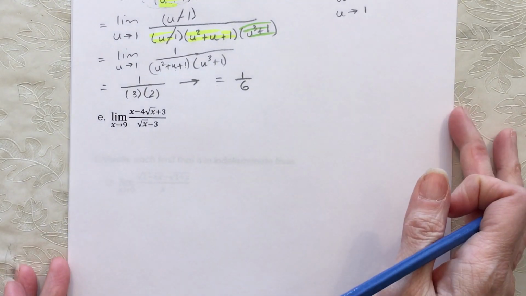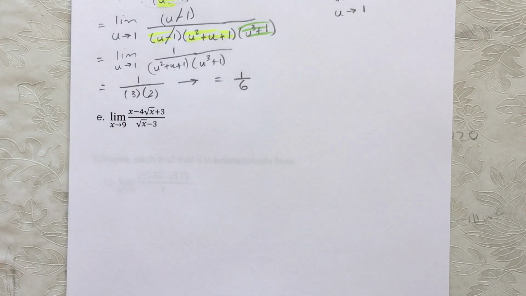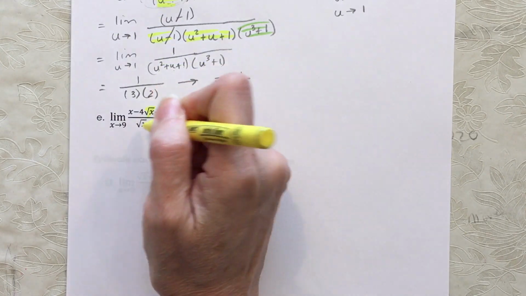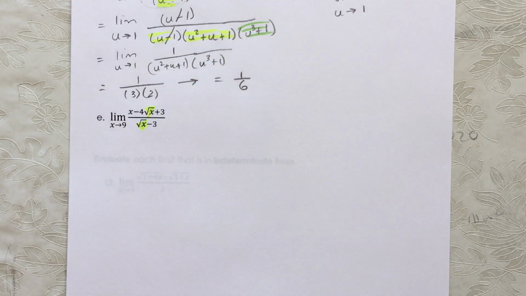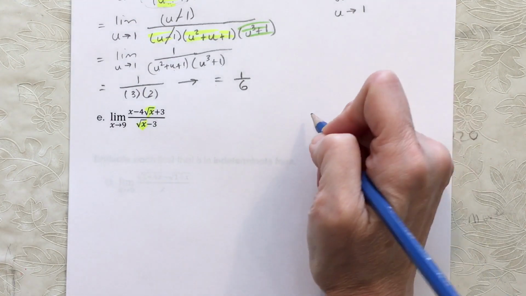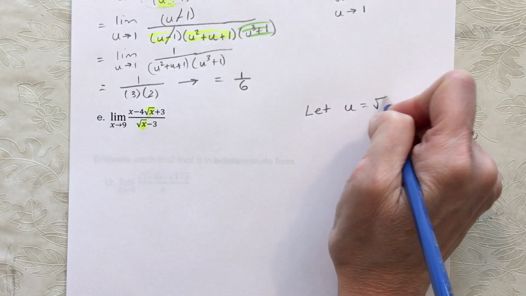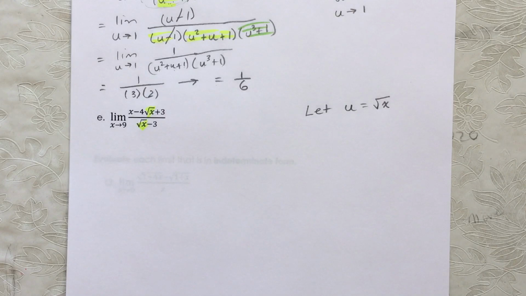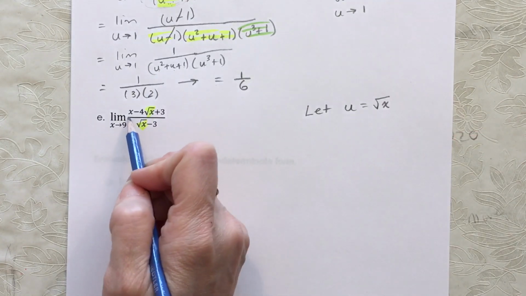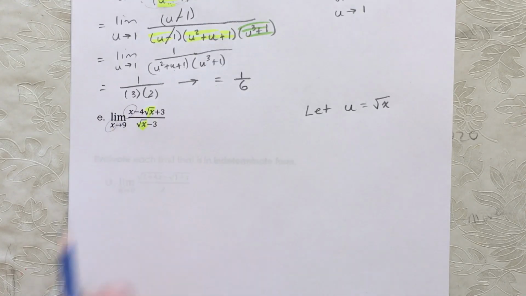Okay, the next one. So this one can look very intimidating, but if you look through it, it's the root x that actually appears twice, that is causing us to think, okay, well, I can't factor that. What am I going to do? So that's the part that's bothering us. So we're going to let u equal the square root of x. Okay? And if we want to get x by itself, which we'll need to because of this part here and here,